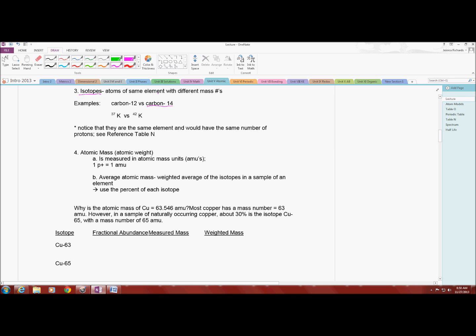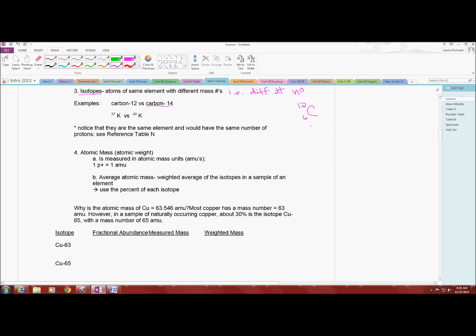Isotopes are the same element. They're going to have the same atomic number, but they have different masses. So, in other words, there are different numbers of neutrons. So let's compare carbon-12 to carbon-14. So carbon-12